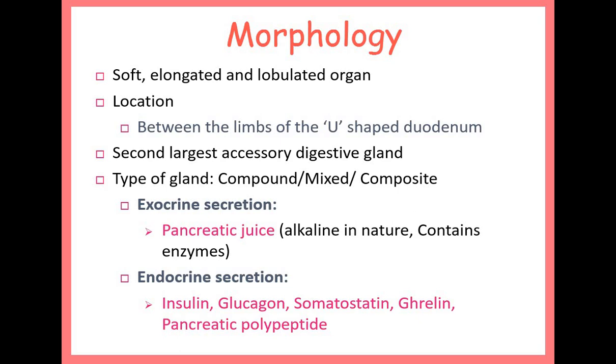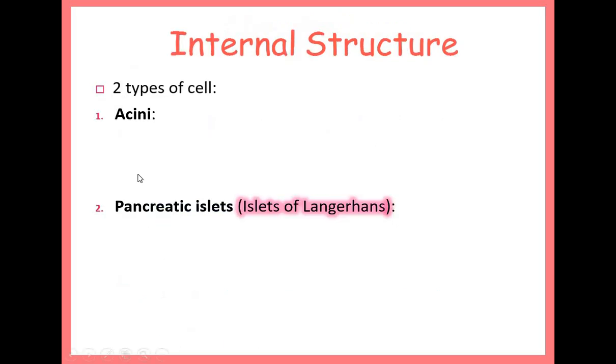Okay, say for example, liver is mainly exocrine because it releases bile juice. It is also endocrine because it releases insulin-like growth factor. But the liver is not typically discussed as an example of a mixed gland. Okay, it is largely considered as an exocrine gland only.